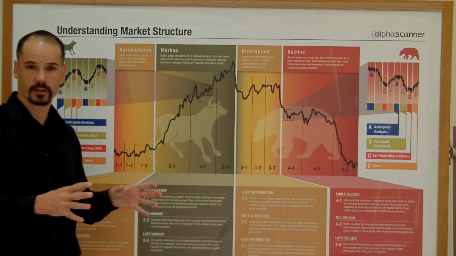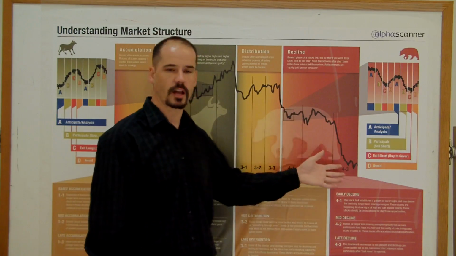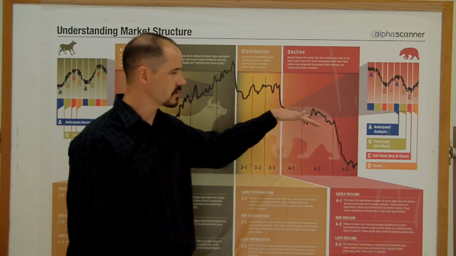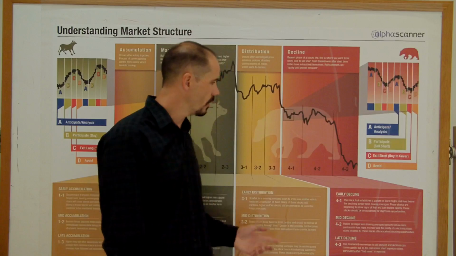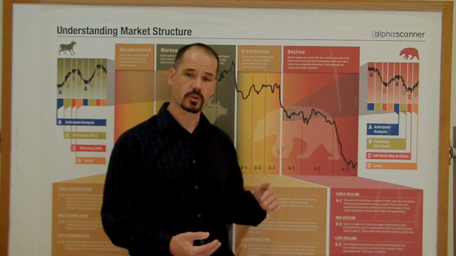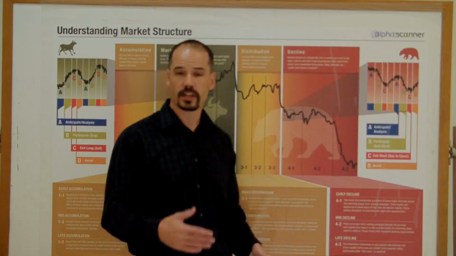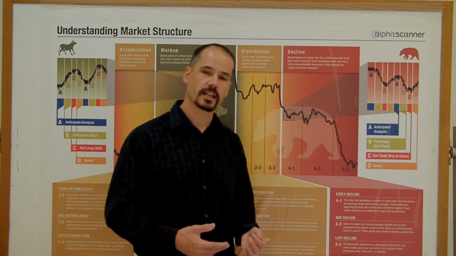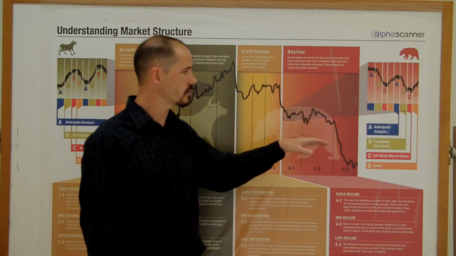stalk your trade, basically. On the flip side, if you think about the stage 4 decline, what we have in here is obviously lower highs and lower lows. We have declining moving averages. We have rallies that fail often just short of those declining moving averages, or sometimes they'll come up through the 50-day moving average, but the 50-day moving average is declining. If that's the case, be really highly suspicious of those rallies. So what we want to do instead,